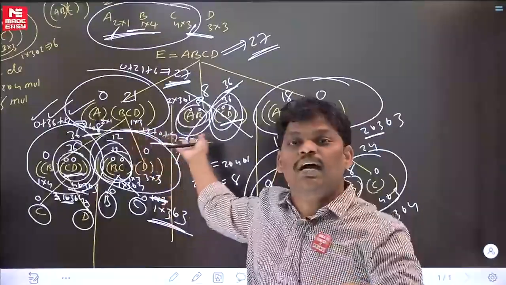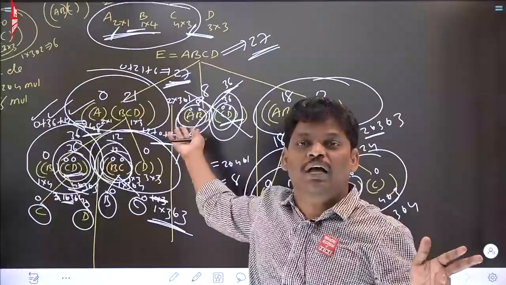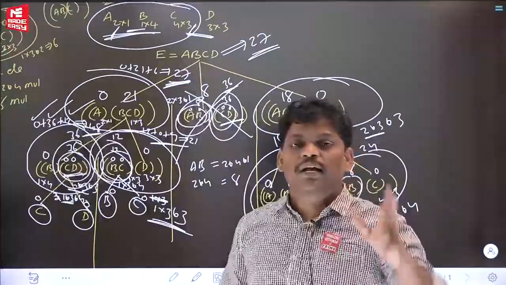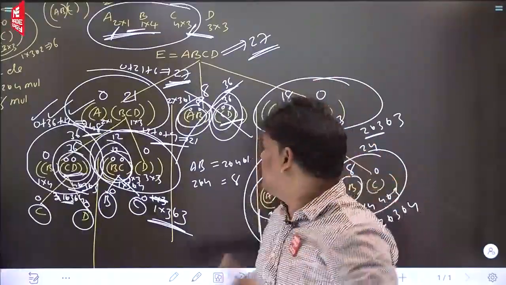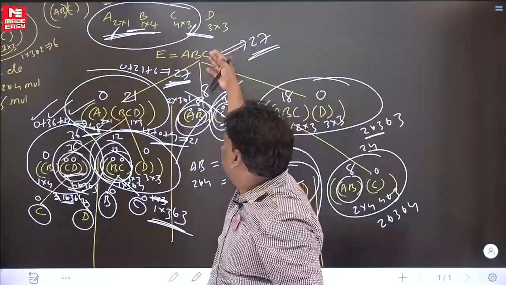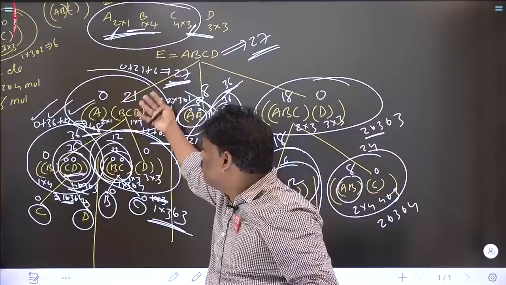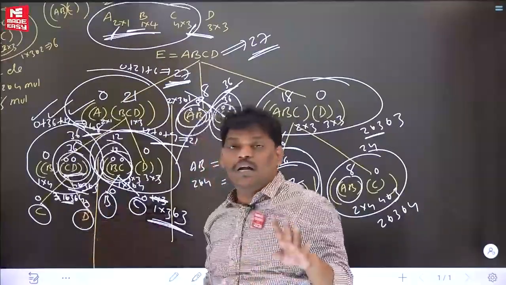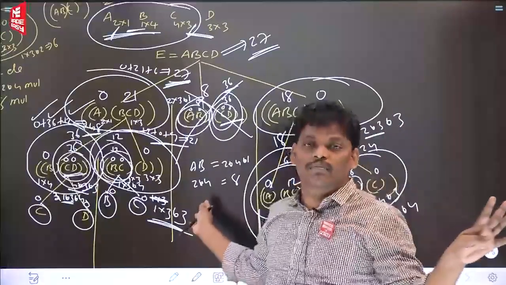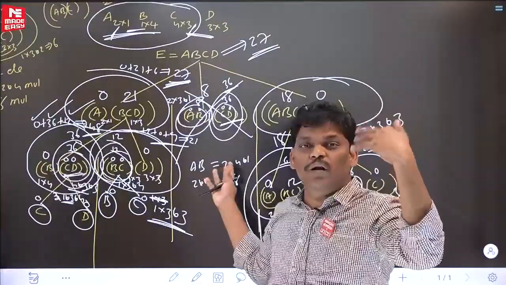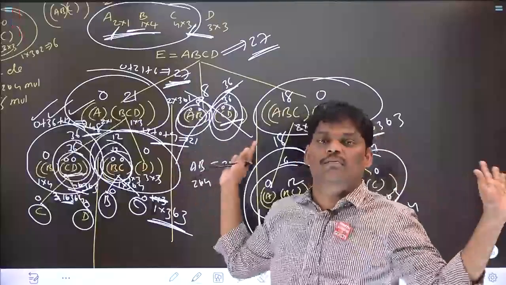Now luckily, starting itself I am taking the numerical example. You got to know that. See this one, matrix chain multiplication of 4 matrices will generate a 4 level tree. 4 matrices become next level 3 matrices, 3 becomes 2, 2 becomes 1. So if you want to multiply 4 matrices, a 4 level tree will come. If you want to multiply 10 matrices, a 10 level tree will come.